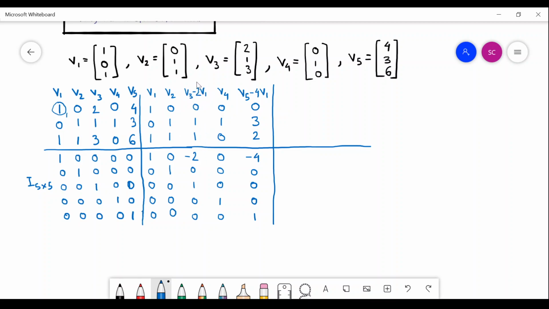This operation that I have done, v3 minus 2v1. v3, the third element, minus 2v1. The first element gets multiplied with the v1 vector. The second element gets multiplied with the v2 vector. Third element gets multiplied with the v3 vector. Fourth element with the v4 vector. Fifth element with the v5 vector. That's why there are